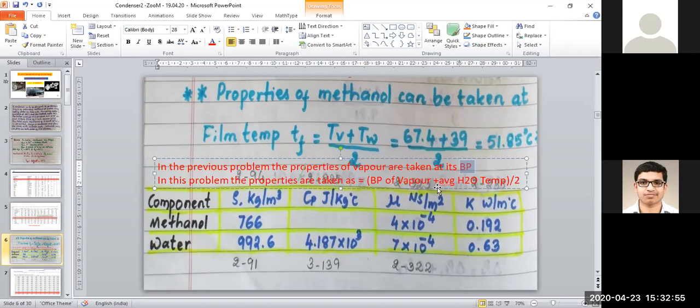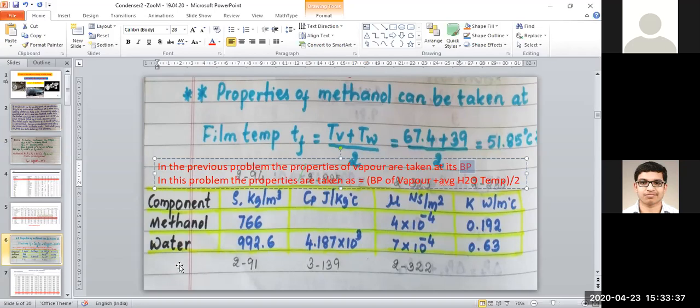Can you write this one? So have you written this one? Yes, sir. Which one do you want to do? You want to go with the previous solution only, or you want to check this also? You tell me. Why I am doing it: if you refer to some literature, they will do it like that. Then you will ask me, sir, they have done it like this. Therefore, it is not going to change the result much. So we are going to evaluate the properties at 51.85 also, and the properties at 67.4 also. That we are going to check.